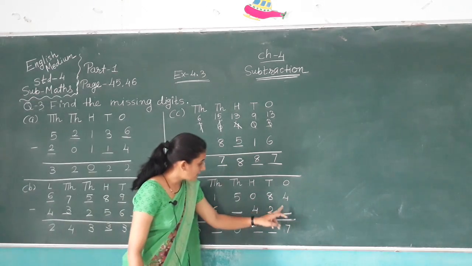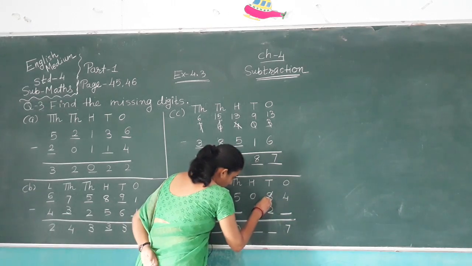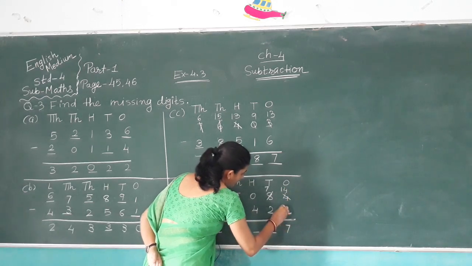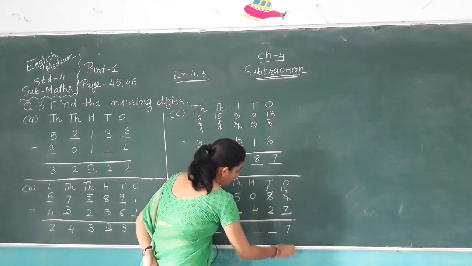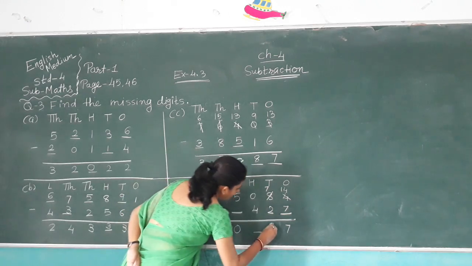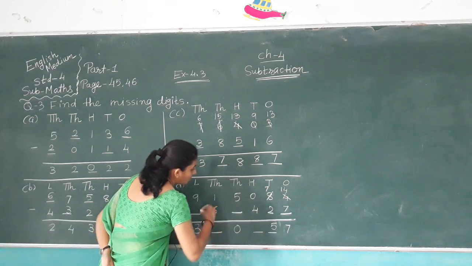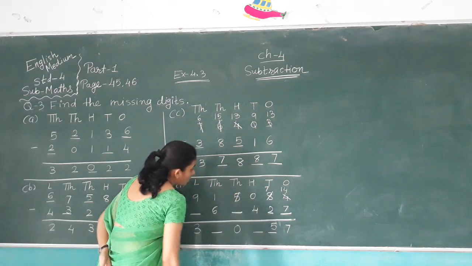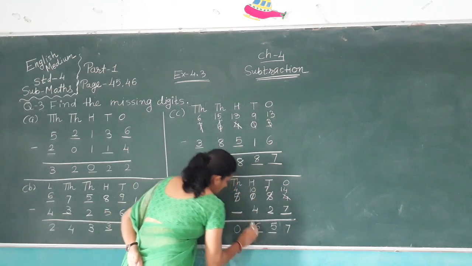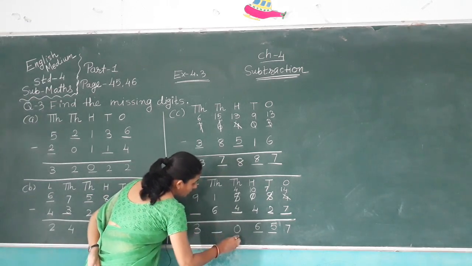Here 4 minus which digit do you get? 7. It is not possible. Borrow here. Write 7 and here 14. 14 minus 7, that means 7. 7 minus 2, here 5. 0 minus 4, it is not possible. Borrow from the other place. Cut here 5 and write here 4 and here 10. 10 minus 4, 6. 4 minus which digit do we get here? 0. So 4. 4 minus 4, 0.